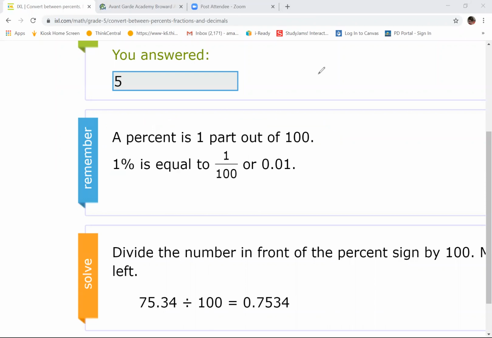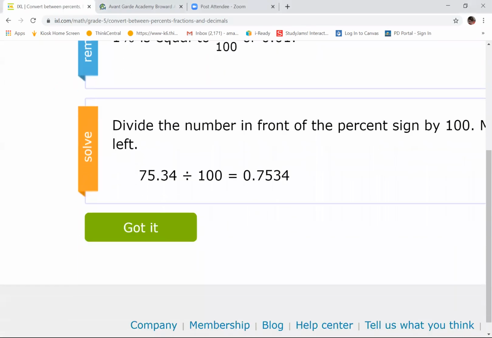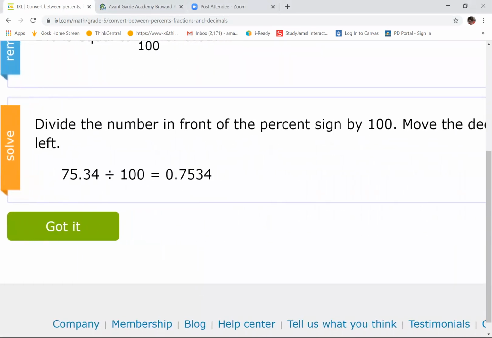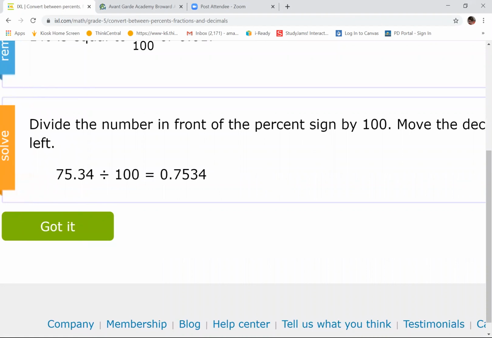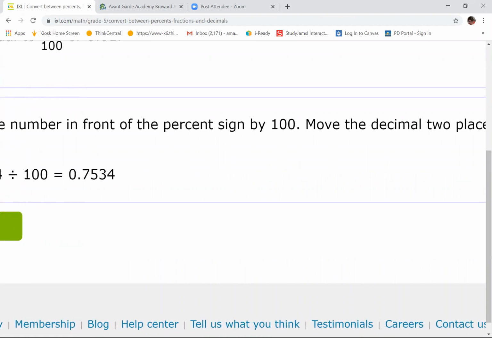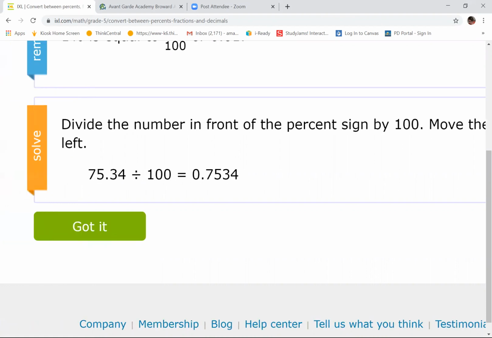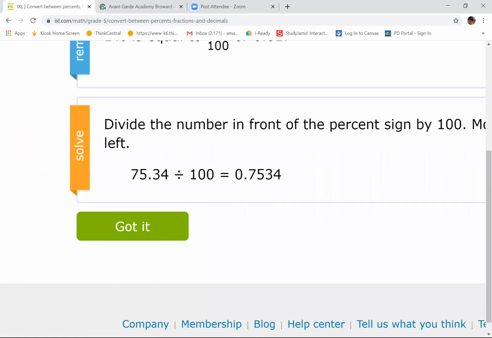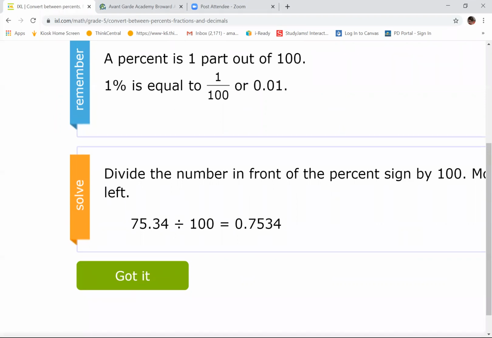So we've been talking about that. And it says divide the number in front of the percent sign by 100, or simply move the decimal 2 places to the left. So just like we were talking about with that 100